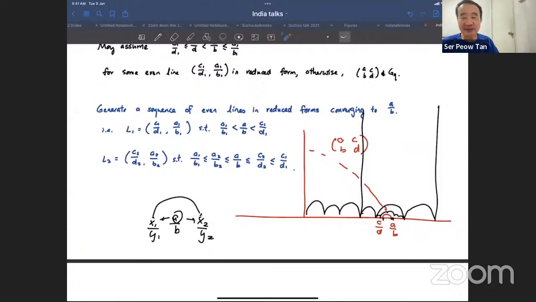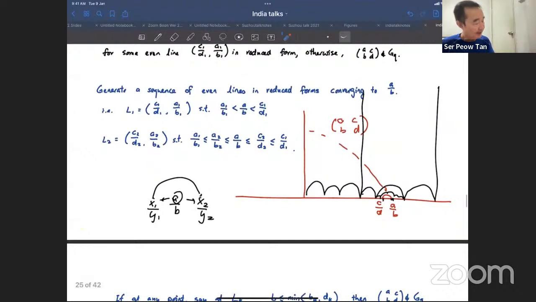actually not very many steps in general, you will be able to decide whether A over B is in reduced form or not. And if it's not in reduced form, then A, B, C, D cannot be in GQ. And if it is in reduced form, then you do it for C over D, let's say, and then you can check whether A, B, C, D has determinant 1. Okay, so